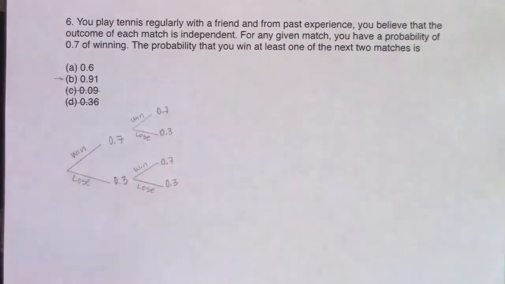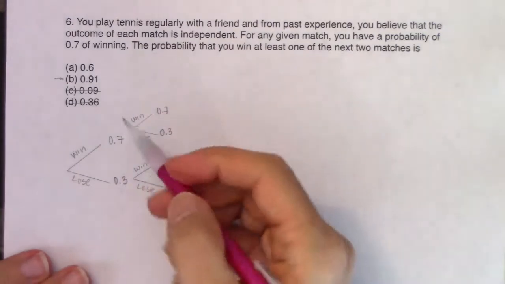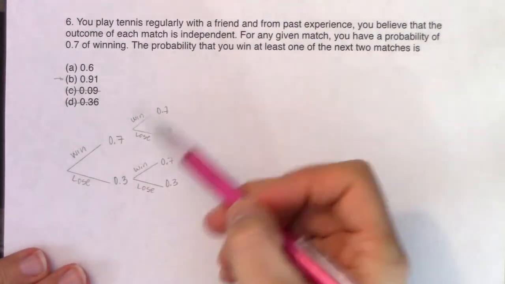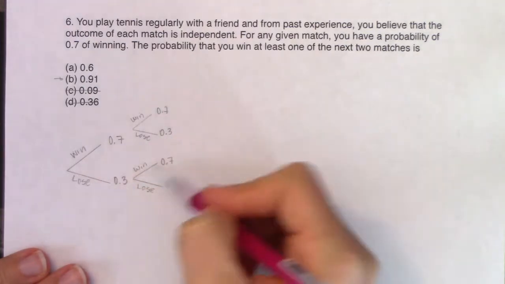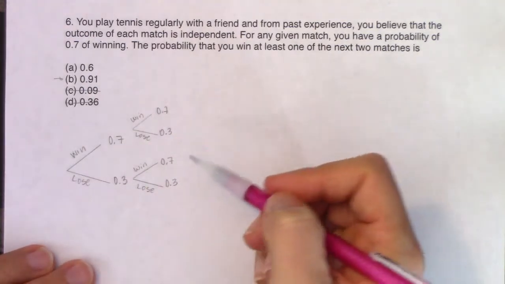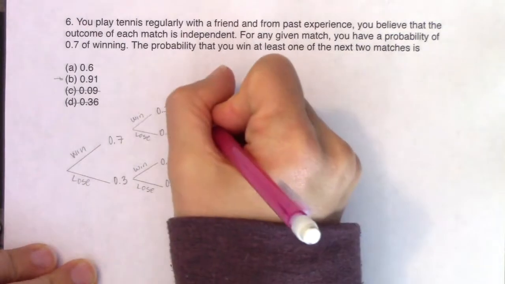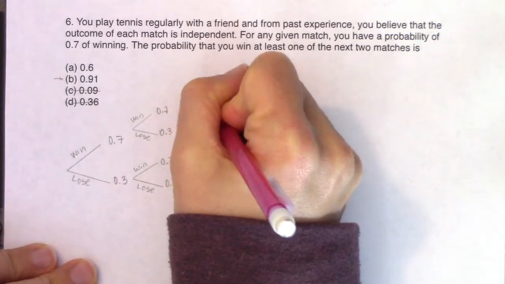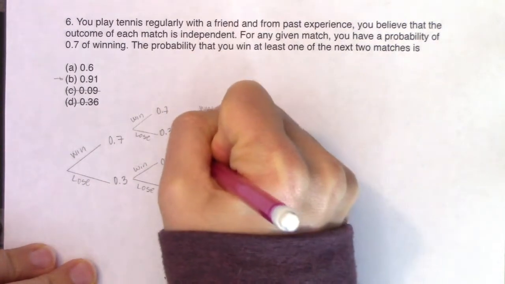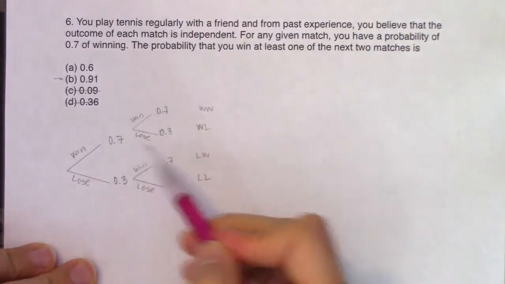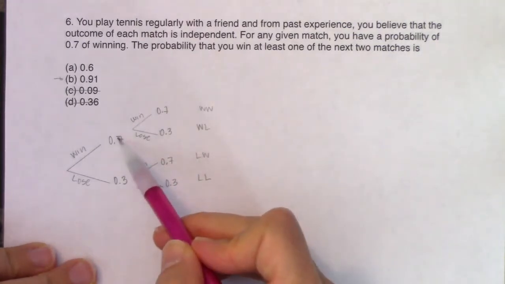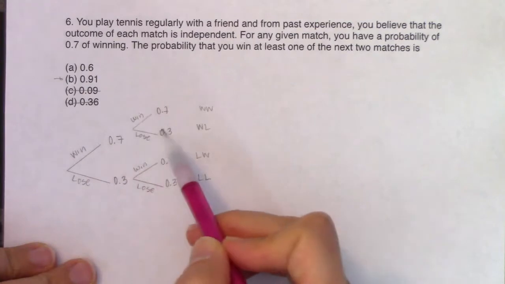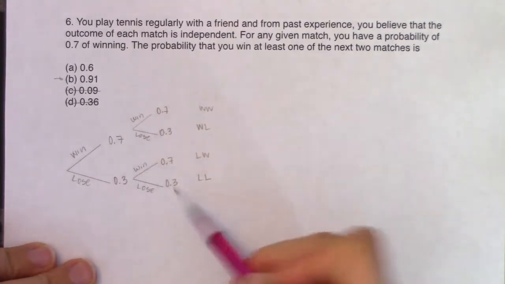Okay. So you ultimately have 4 options, right? And think about this. If you're playing 2 games, you could win both of them. You could win and then lose. You could lose and then win, or you could lose and then lose. There are your 4 outcomes, right? So if I was just gonna write this here, this is win-win, this is win-lose, you could lose-win, or you could lose-lose. And I could multiply all of these products together, and all of those products should add up to 1, right? So 70 times 70 is a number, 70 times 30, 30 times 70, 30 times 30.